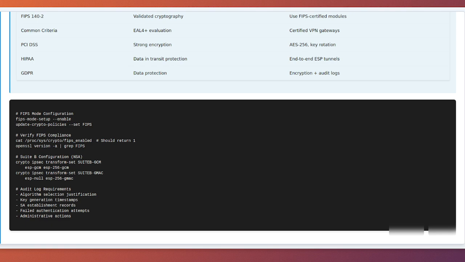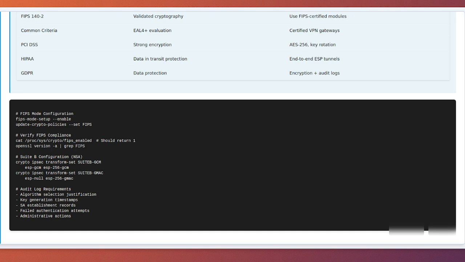Export controls still apply to cryptographic hardware and software, requiring licenses for export to certain countries. The Wassenaar arrangement provides a framework for these controls, but implementation varies by country. Russia and China have specific requirements for cryptographic algorithms used within their borders, sometimes requiring domestic algorithms alongside or instead